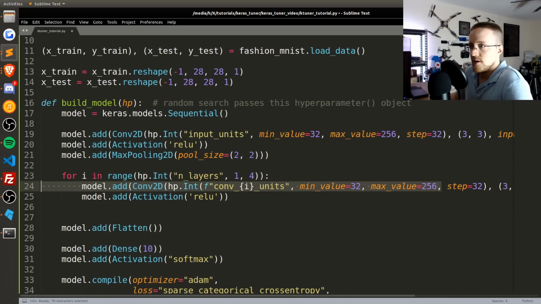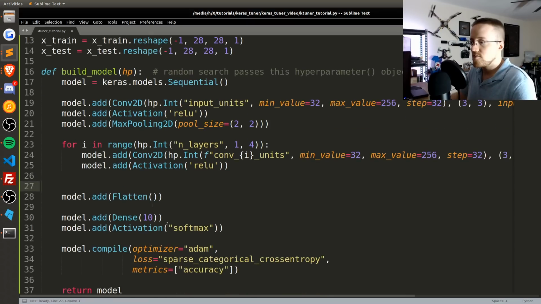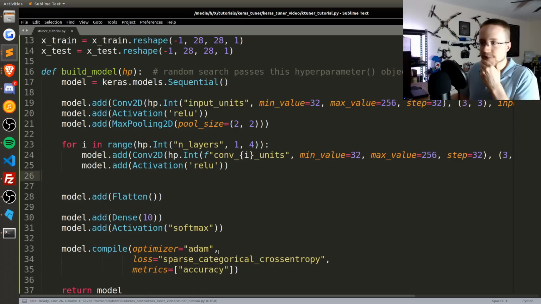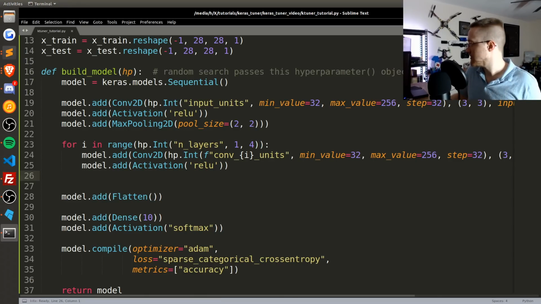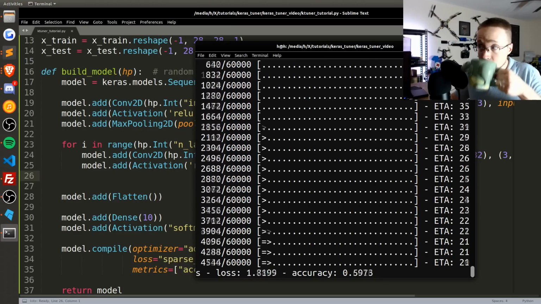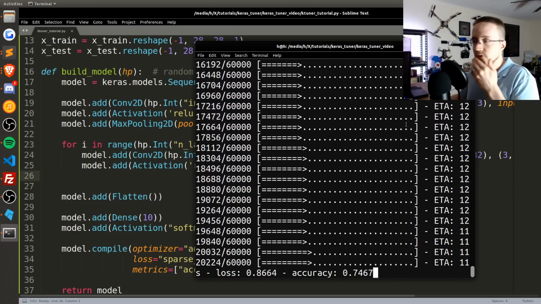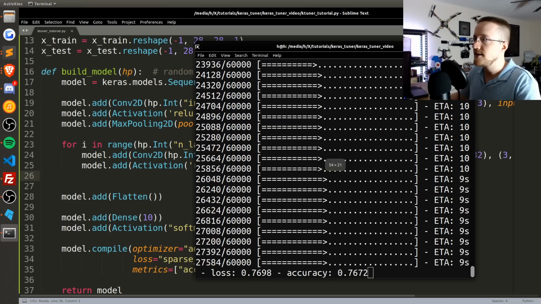Cool. So, looks good to me. Model add ReLU. Okay, I think that's good. We can go ahead and save that. Let's come down to here. Go ahead and run that. Make sure it runs. It does. Okay, so I could continue to let that run, and in fact, it might, let's see, I think